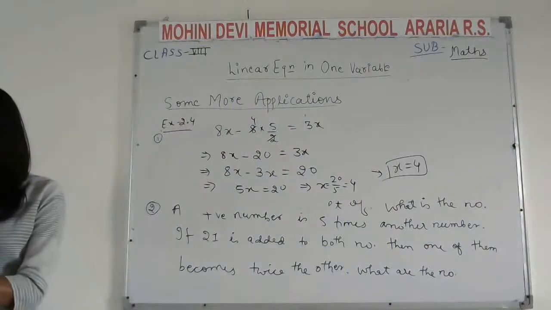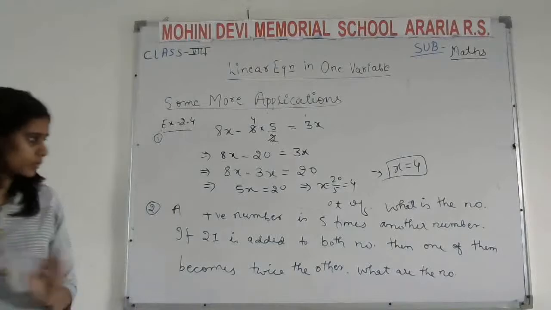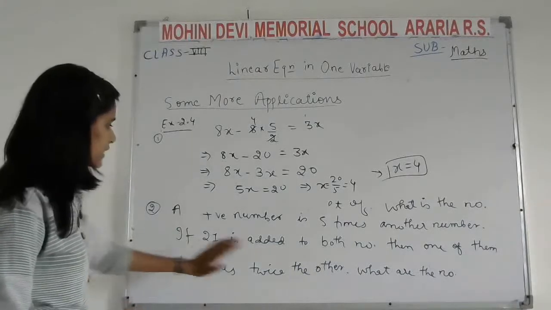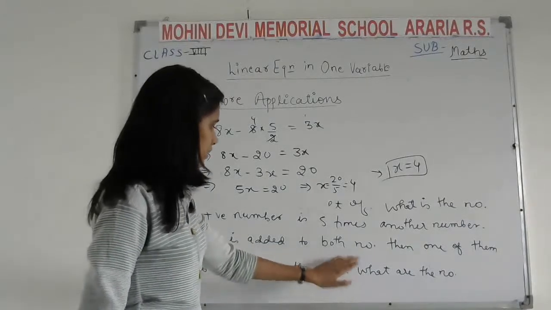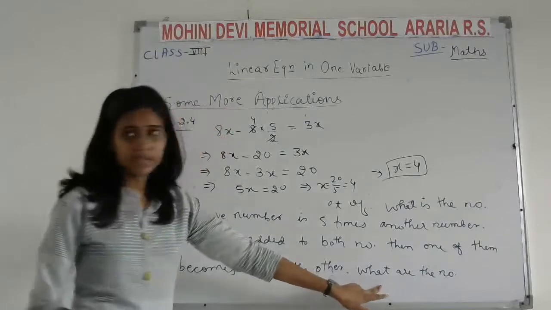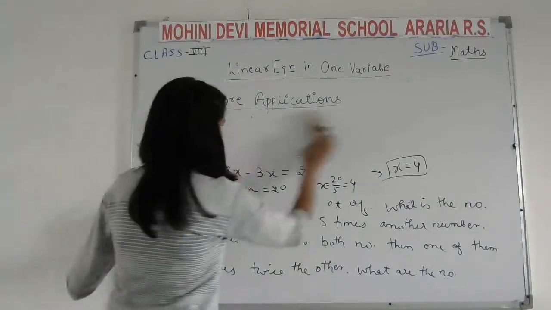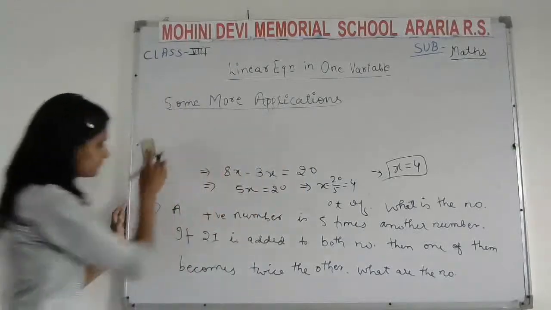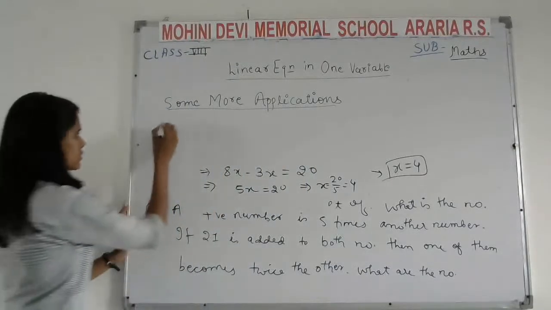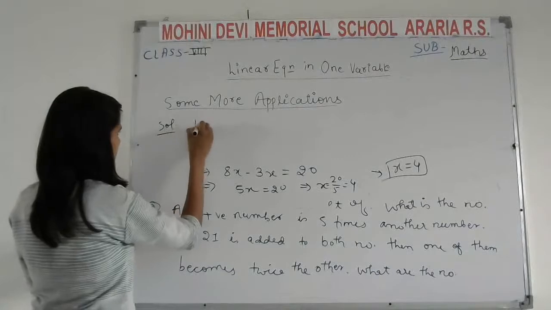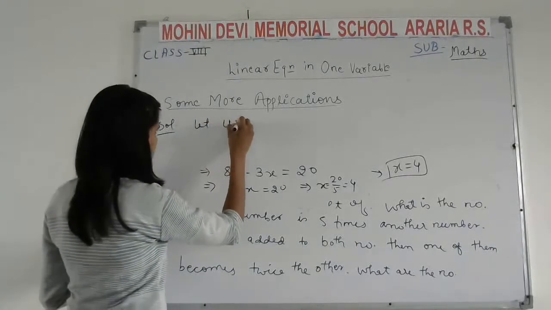Again, we have to find what is the number. So we don't know, and the question also doesn't say what the number is. So what we'll do, we'll consider that number as x. Something we don't know in a question, we'll consider it as x. So the solution is, let us consider